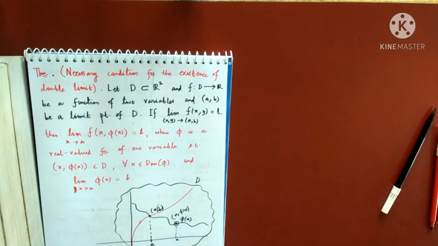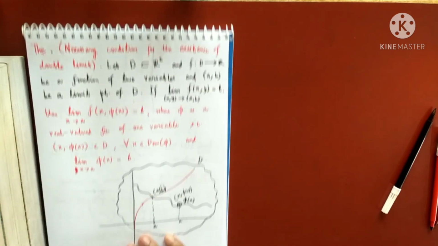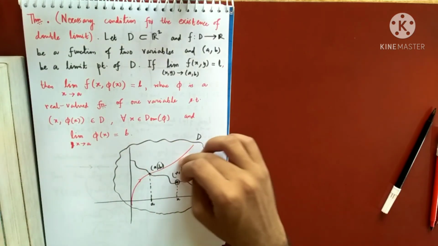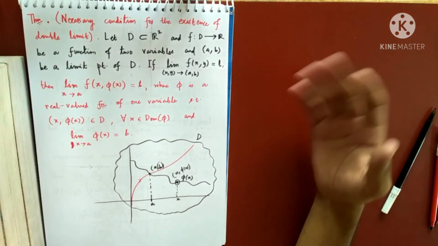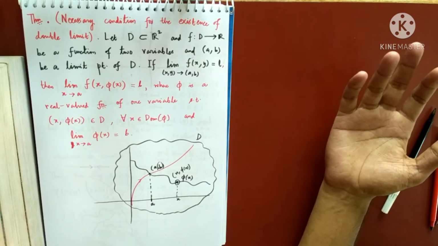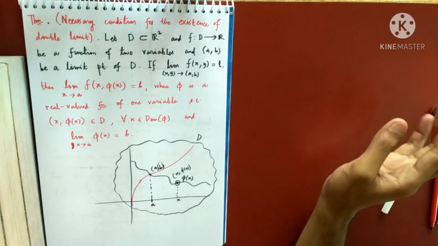And what Rajkamal said, just like the sequential criteria, yes, here also we have a sequential criteria, but I will not be doing it. You can say more or less this is just like the sequential criteria. In analysis, if we can find two sequences whose functional sequences are approaching two different points, the limit cannot exist. A similar way of saying this is that if I can find two different paths for which the limiting value is not the same, then we can say that the limit cannot exist. So this will be very important for us.